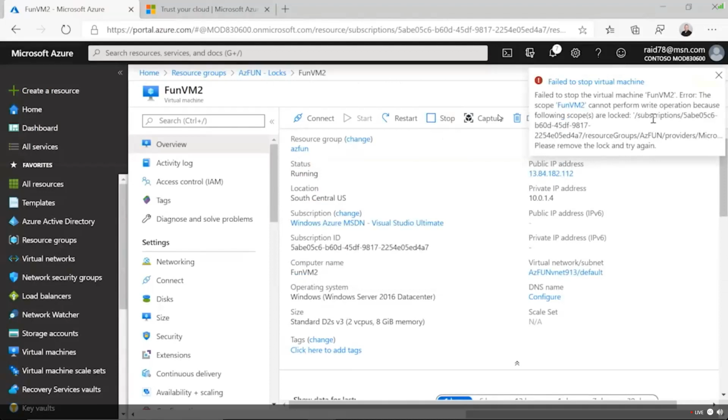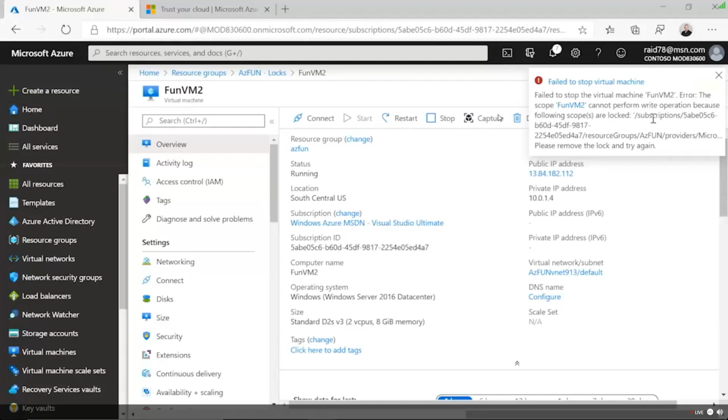Why? I'm changing its Azure properties. So anything inside of here is read-only. Means I can't start or stop that VM. But what it doesn't mean is I can't change things inside the VM. That doesn't mean that. So what can I do? I can't do anything inside of Azure. I can't resize it. I can't stop it. I can't start it. I can't change anything about the properties of this VM.